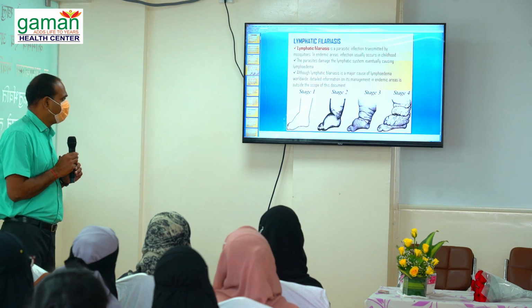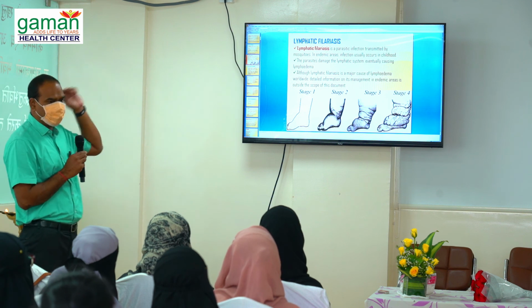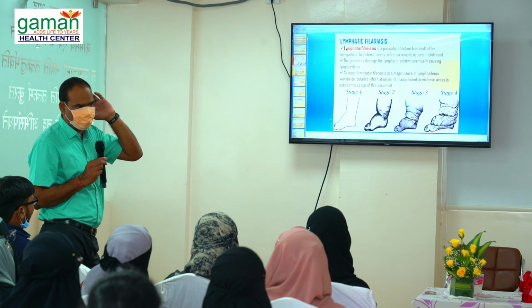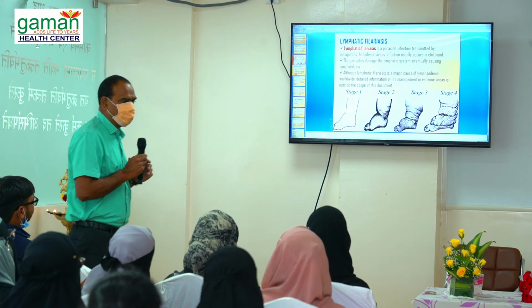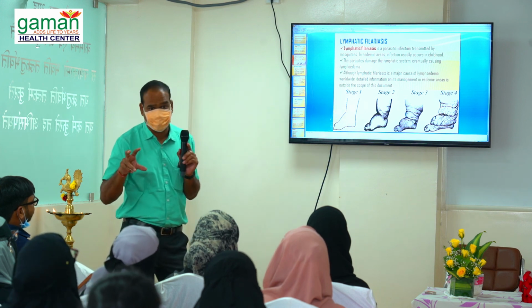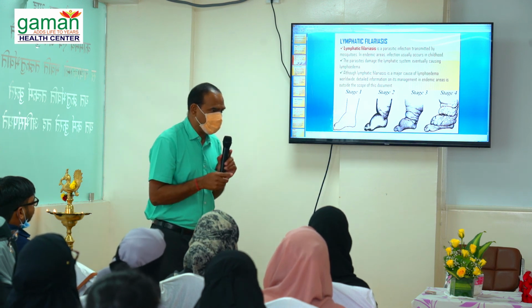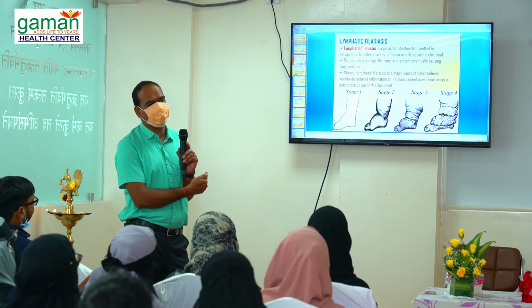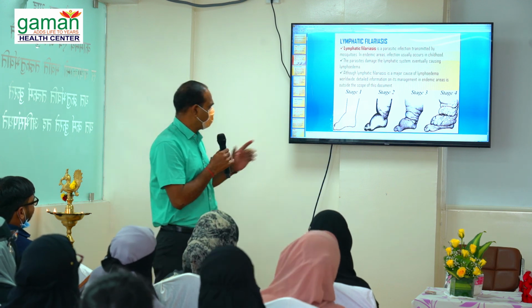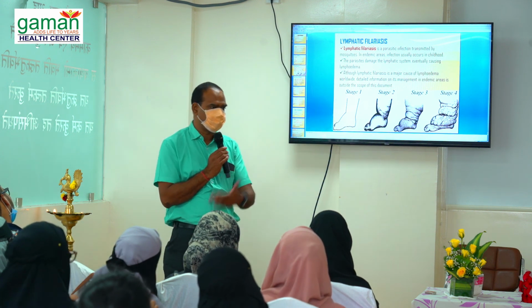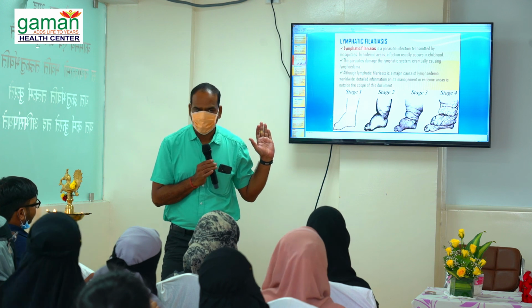Next. See, filariasis is a very common disease, mostly in coastal areas. In your area here, Hyderabad, you can see so many patients. What happens because of the mosquitoes? It is not a direct involvement of the lymphatic system by the mosquito bite, but because of that the lymphatic system gets affected. That's why the lymphedema. Okay, so stage 1, 2, 3. Then what happens after stage 4? Amputation is needed. A lot of patients are there.